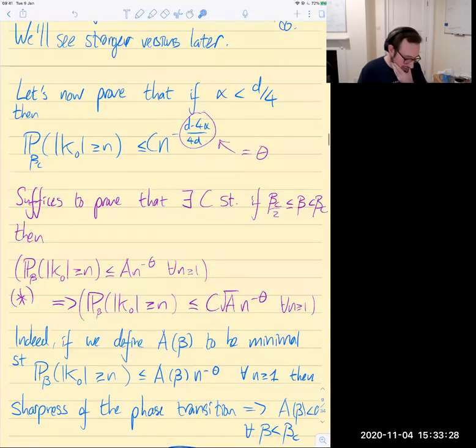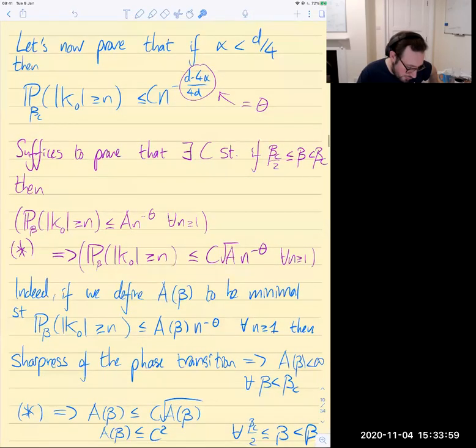So how are we going to do this? We want to use a bootstrapping argument. And I'm going to call this value the exponent theta. So what I want to show is the following implication. I'm going to assume that beta is not too close to 0, so let's just say it's between beta critical and beta critical over 2. This is pretty arbitrary. And what I claim is that there exists a constant, so that if you had an